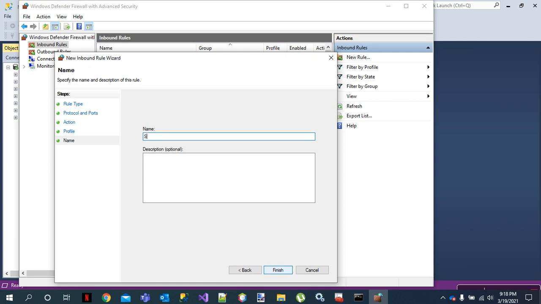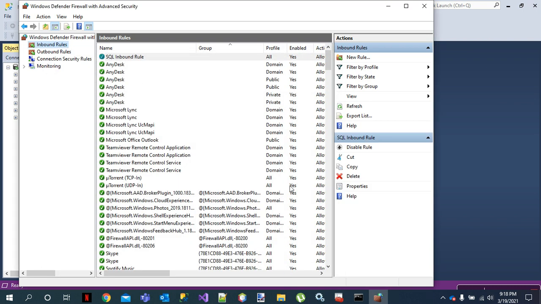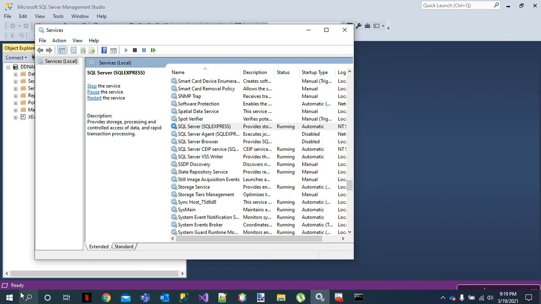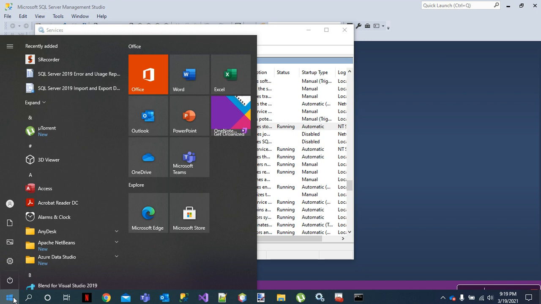Here I'm just going to say SQL inbound rule, right? You can put a description if you want. There we go. So I now have an SQL inbound rule which is already enabled. It's ready to receive all of those requests coming from different machines, right? So because some of the firewalls will have default things already set up for them, I also prefer changing or turning off the firewall itself.